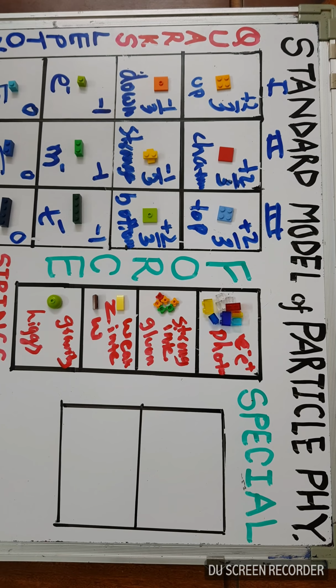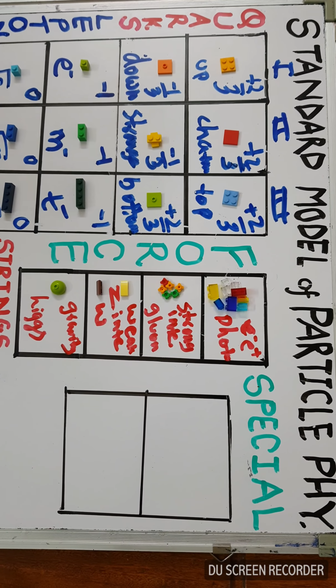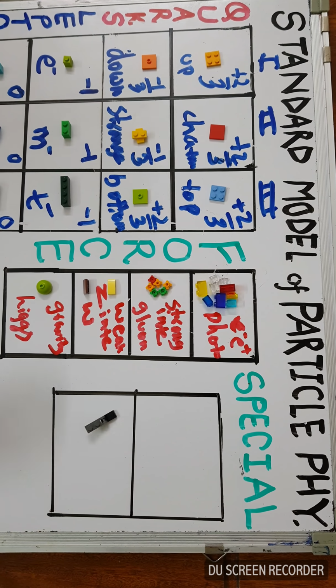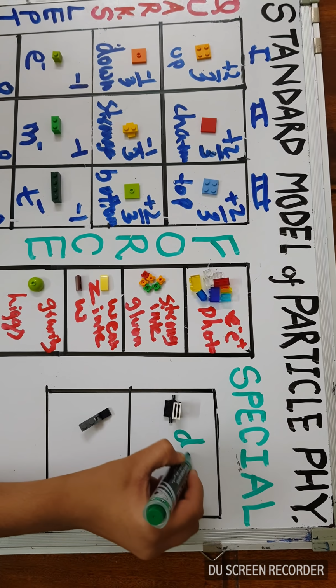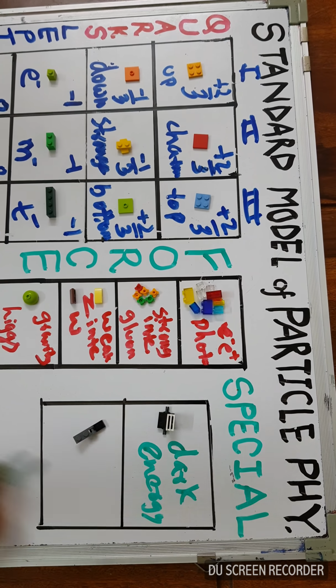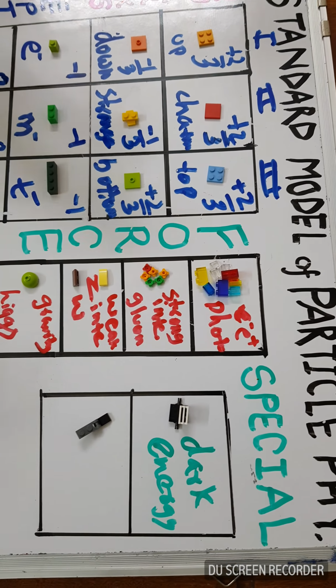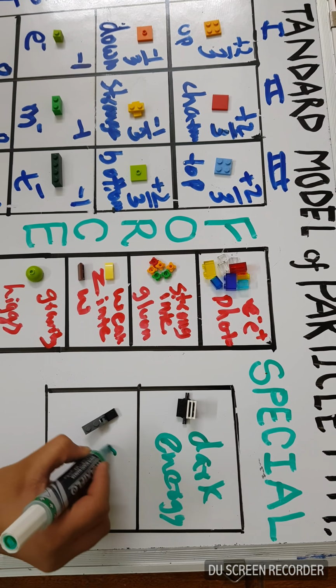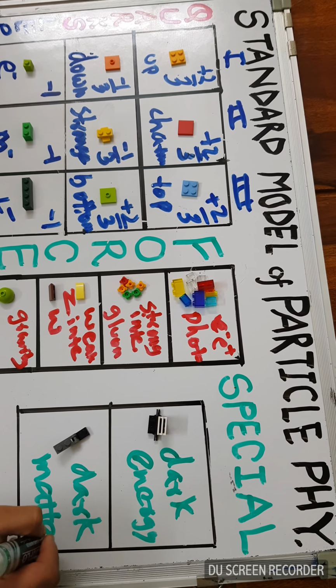So my idea was that all of these particles are there, so probably there might be a particle of dark matter and also of dark energy. Now wait, I'll just write it here. So here we have dark energy. Probably a few strange particles might have interacted with each other in certain circumstances and created these particles, which we call today dark matter and dark energy. So that is my explanation.